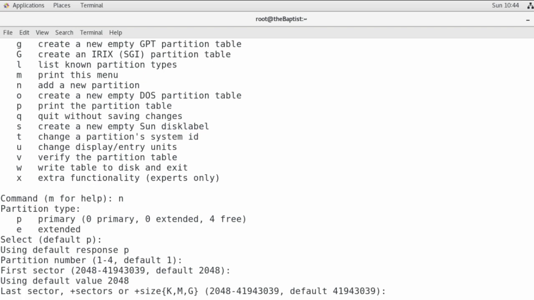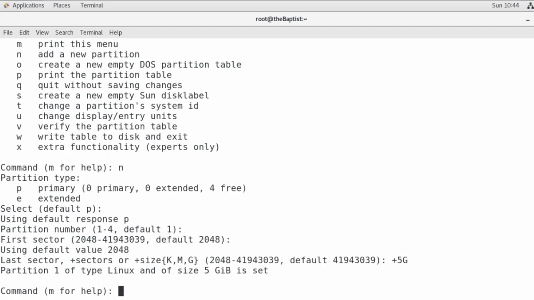That's last sector. So I am planning to create two partitions from this hard disk, and one is of the size 5 GB and the second one is of the size 15 GB. So I want the first partition to be 5 GB. So my starting sector is 2048 and my ending sector should be plus 5 GB. So I'm giving it as the size plus 5G. So partition 1 is created of the size, the bytes is 2048 to 41 and so on. So that total thing is about 5 GB. So one partition I've created.